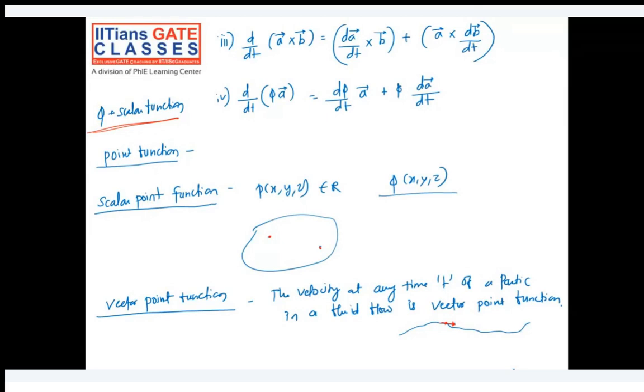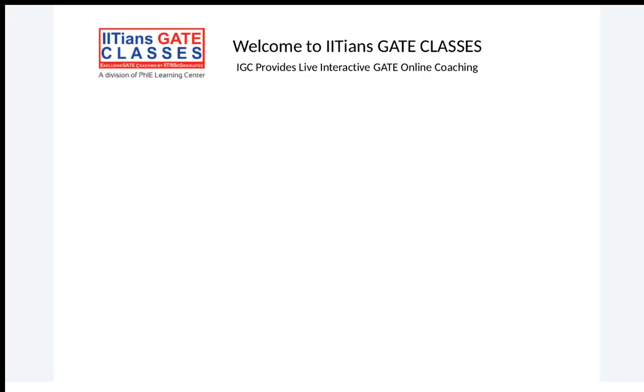Basically at each point you will have a different vector, and that kind of function we have to call a vector point function. Okay, I hope you understood. In the first case, I can say, for example, temperature. In temperature, if you have some hot pot with you,